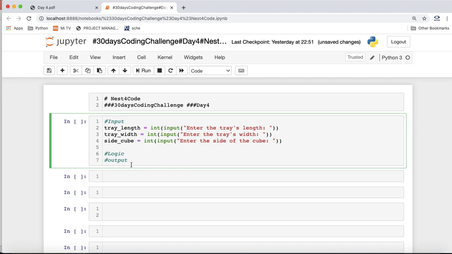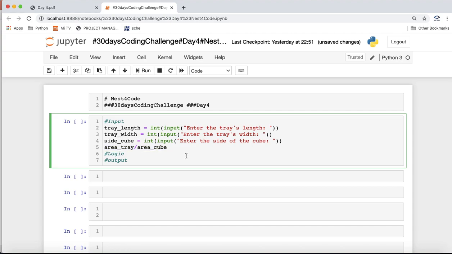Okay guys, now the thing comes in. Can you do something like area of tray divided by area of cube? Can we go in this direction? No, because there is no surety that this will fit in properly.